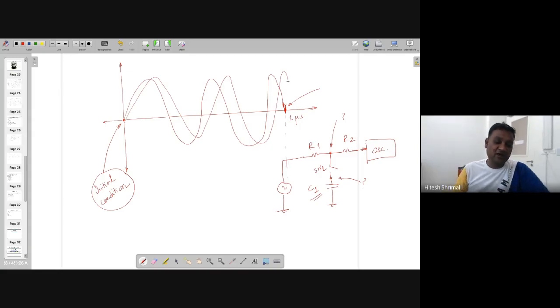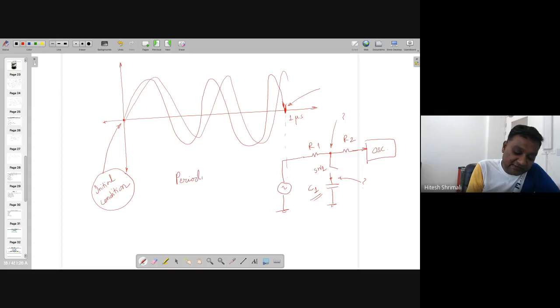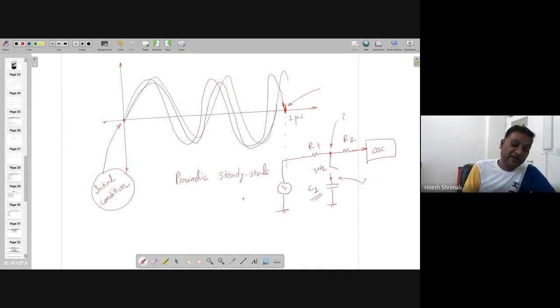So there is something called periodic analysis, or you can say periodic steady state. This particular simulation will be run until the simulation sees the stationary image. It means it will run the first simulation, then the second simulation, third simulation, and it looks at different harmonics. Generally I prefer to give 50 harmonics to be matched.